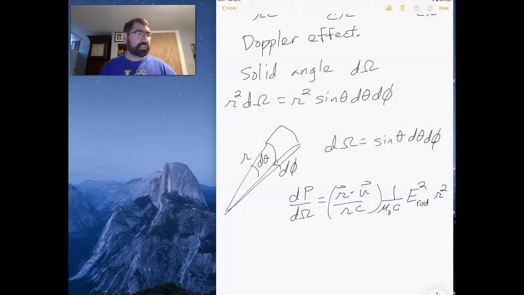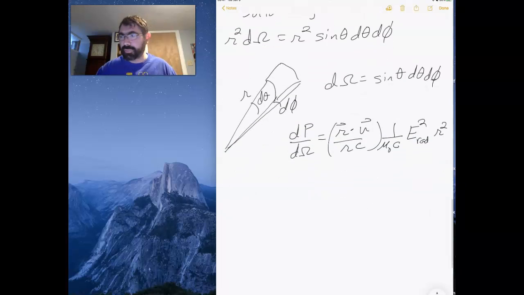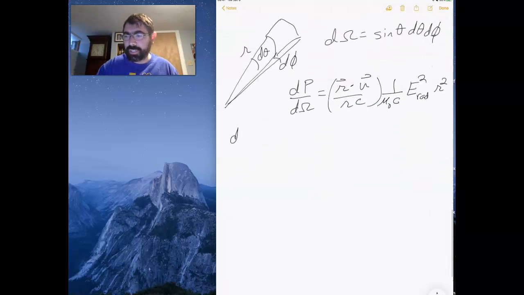Okay, so now if I put in the equation for the electric field, then what I would get is r dot u over rc squared mu naught times r squared